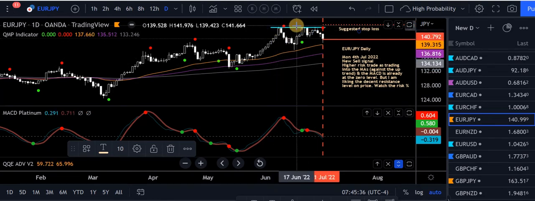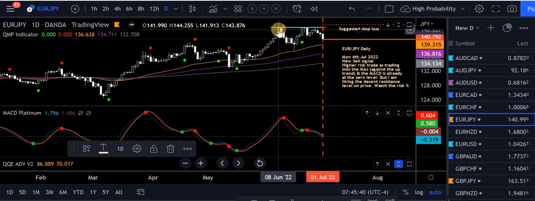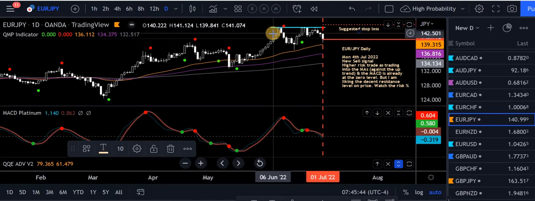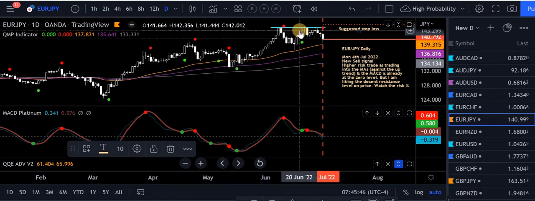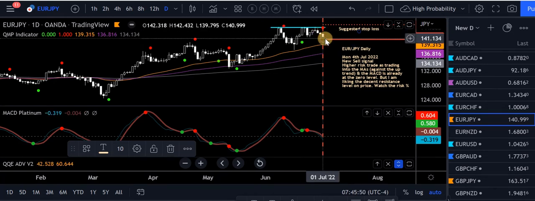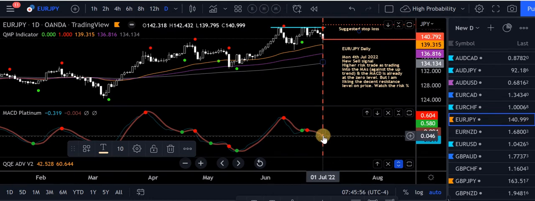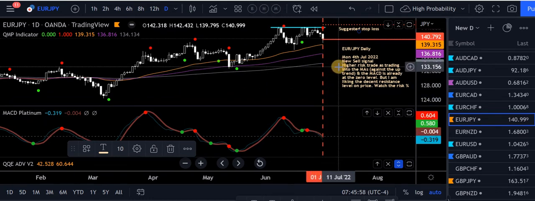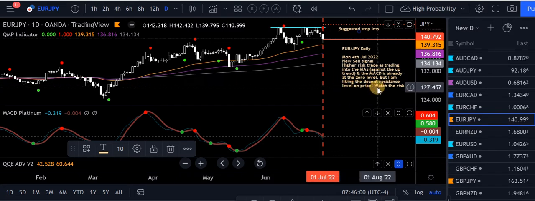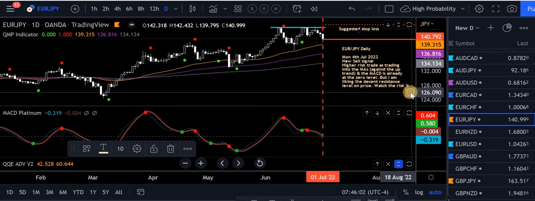We didn't break this previous high, which is good. So we've got this good resistance area now. Now you could say it's a 1 hit, 2 hit, possibly 3 hit, triple top, if nothing else, double top. We just want to keep it simple. It's a big resistance level on price, but my concerns are that price is close to the moving averages already, and the MACD is already at the 0 level. So it's a high risk trade. If you take it, just watch your risk percentage, as I mentioned in the notes there.